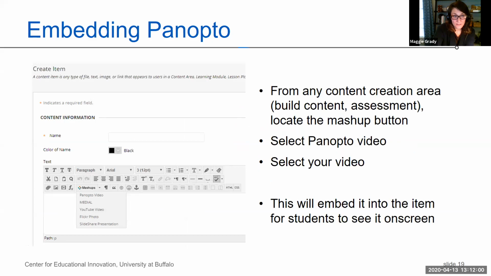Underneath, within your UB Learns as well, if you're in an editor or in the content area, you have a mashup tool, and you can see right underneath the mashups drop down there is a Panopto video. So it's just another way of embedding a video. You can do it right within the tool, right in UB Learns, or you can do it